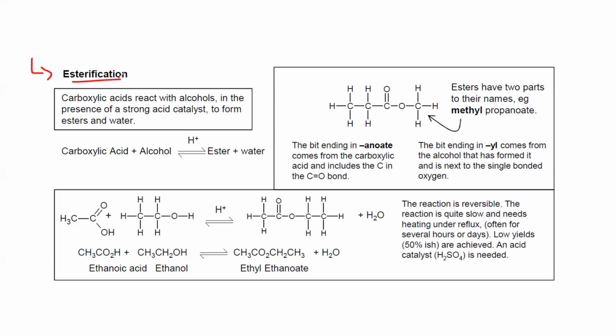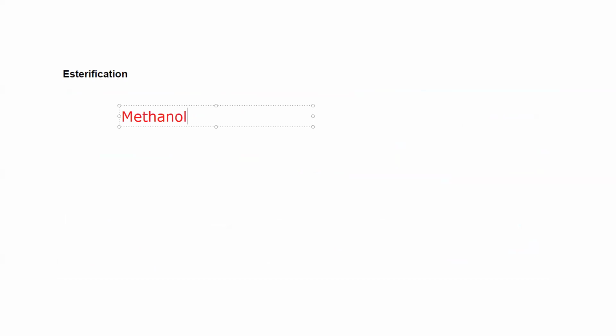Esterification, the formation of an ester, is how esters are formed when alcohol reacts with a carboxylic acid. This will result in the formation of ester and water. The first name of the ester is always from the alcohol, and the second name is from the carboxylic acid. Like if you were having methanol mixed with ethanoic acid, this will result in the formation of methyl ethanoate